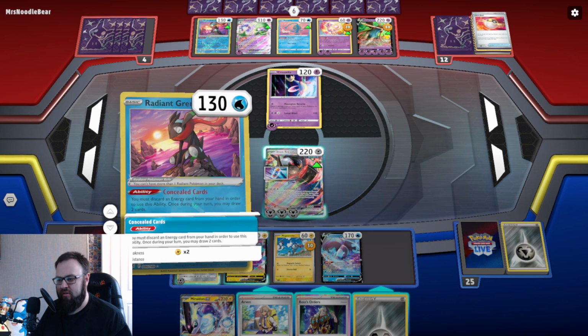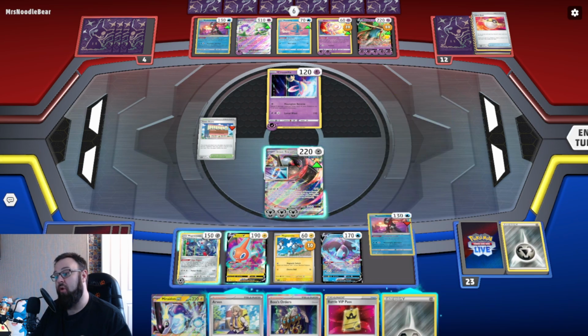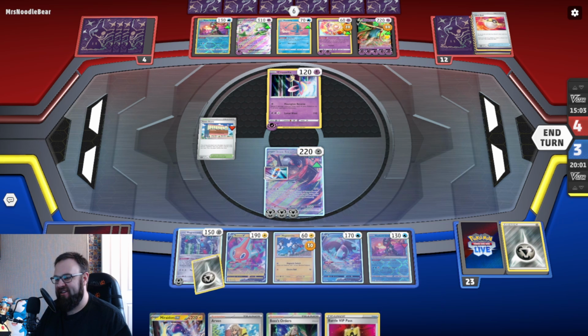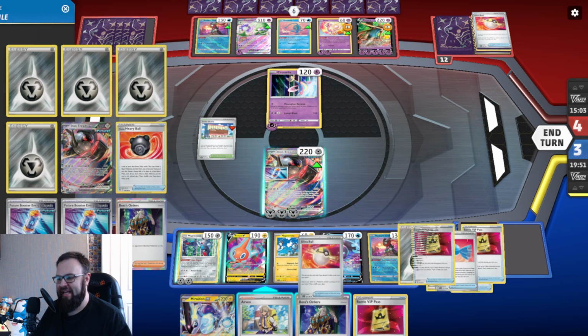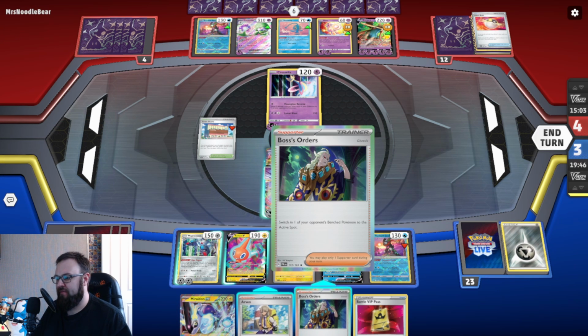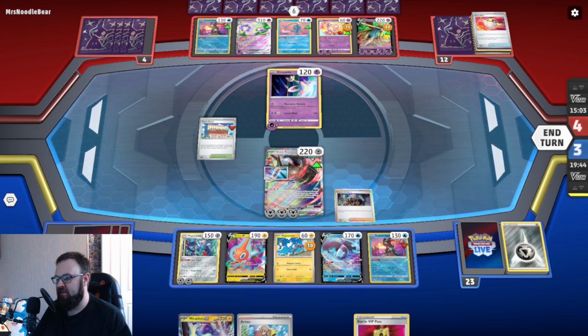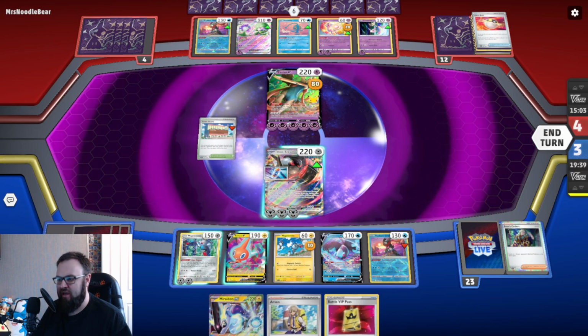Can we do anything with concealed cards? Nope. No, we can't. And we've also filled the bench now, so we need to get 1, 2, 3, 5, 6, 11. We've got 3 energies left in deck. So we are in a little bit of a worrying situation where, yes, we can take 2 prizes, but if we don't find the